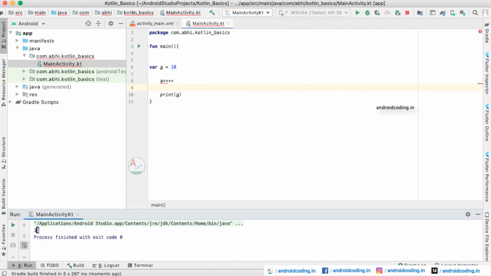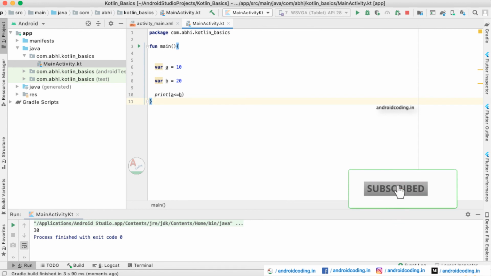The same for minus minus, here you will be getting the value to be 9, because you are trying to reduce the value by 1 out of the declared value. This is how we do increment and decrement. So this is it for the variable declarations in Kotlin.